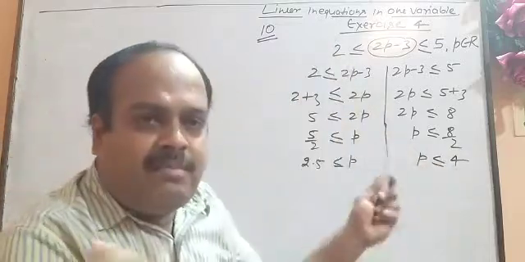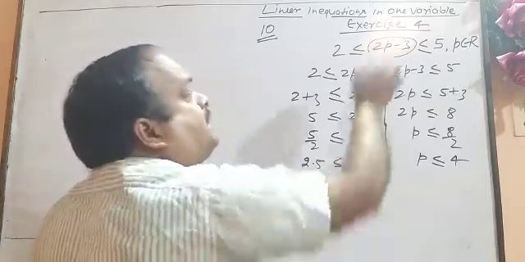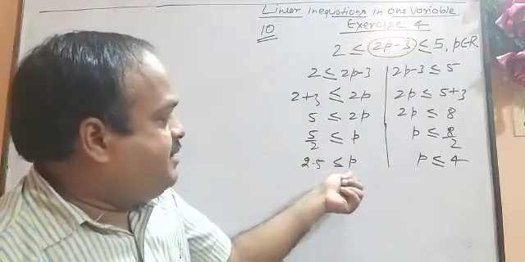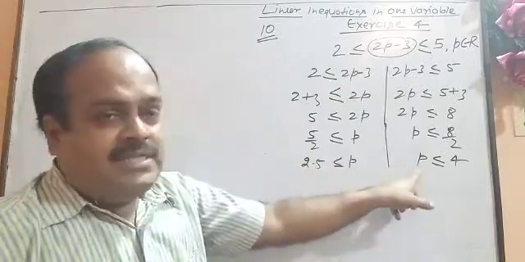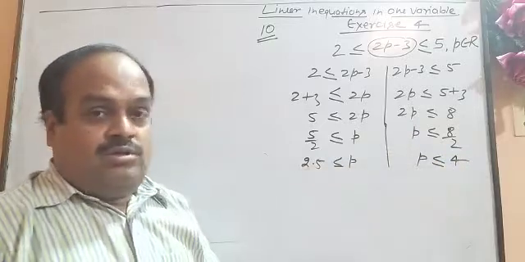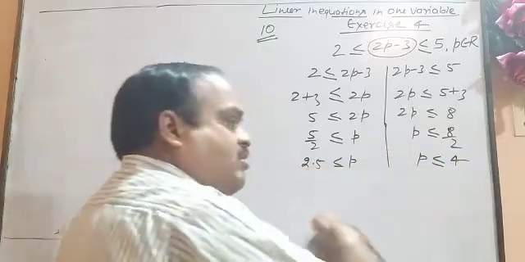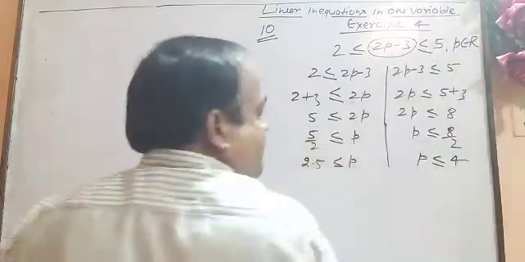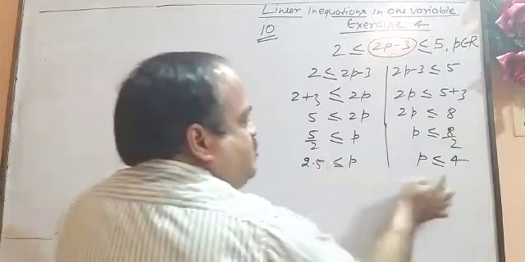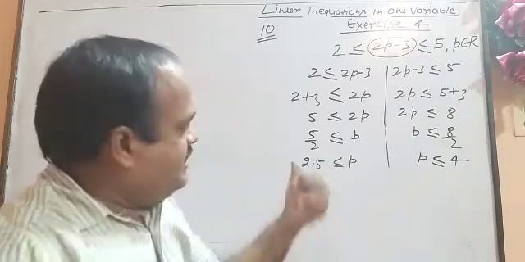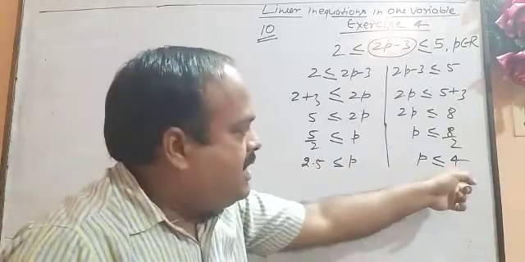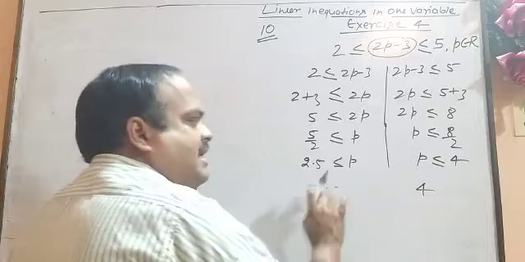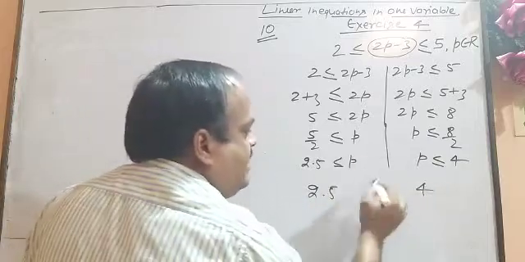Now it's the time to combine both, because these two have come from this one. So we need to understand the statement. This statement says that p is more than this, and this statement says that p is less than this. So you know that on the number line, when we go to this side the value increases, and this side the value decreases. So out of these two numbers, which one is less? This one is less. And which one is more? That one is more. So write here 2.5 and there 4. Less number this side, greater number that side, and in between p.